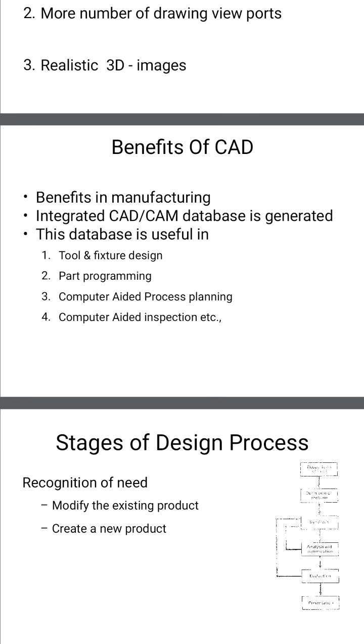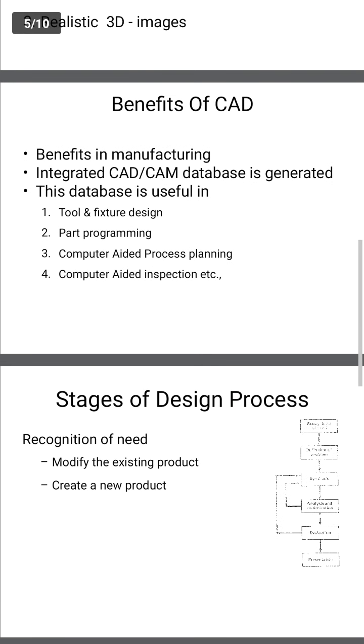Next, benefits in manufacturing. On the manufacturing side also we can send the drawing sheets through mail, or nowadays we are using WhatsApp also. Now, integrating CAD/CAM, a database is generated. What is that? Tools and fixtures. Tools and fixture design means tools, like only a nut or only bolts, if they give any size, like that also we can draw single parts as 2D or 3D.